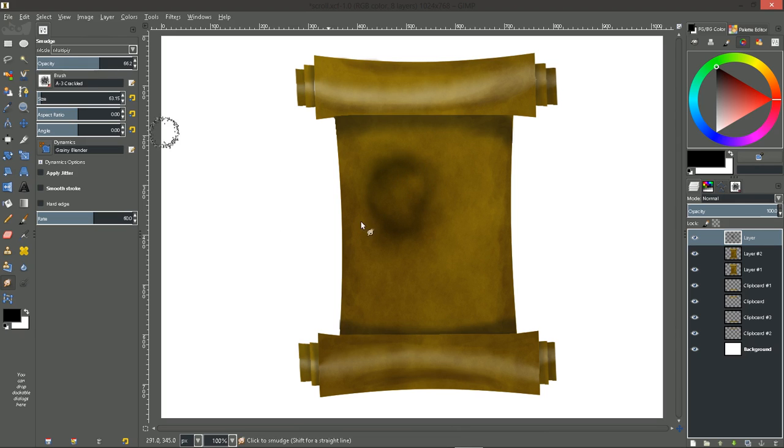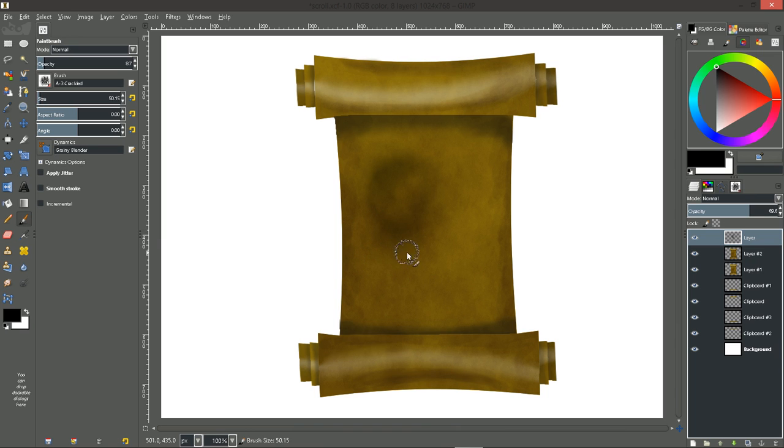Maybe a little bit more, or maybe we need to change our... there it goes. So anyway, that's kind of a smudge, and maybe turn down the opacity on it. If I wanted to, I also could take my brush in here, and if I wanted to make it look like